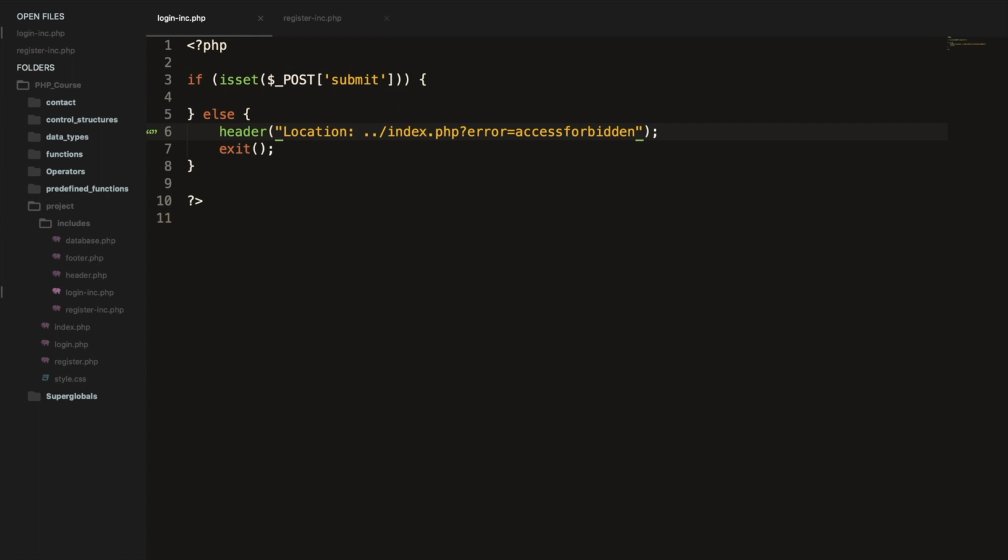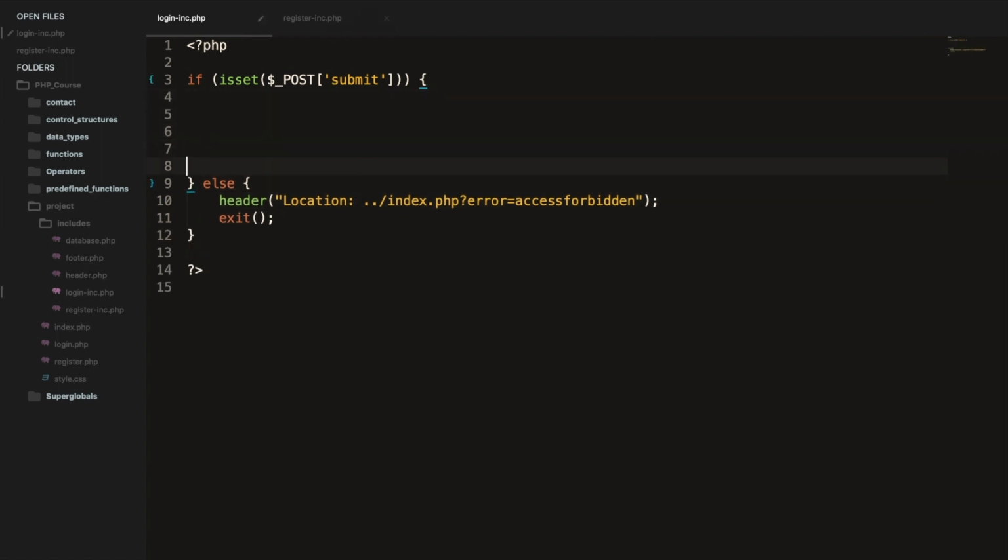Just like the register-inc, we need to create the connection to the database. So in our if statement, let's require in single quotes database.php semicolon. And what we want to do now is to grab the information from the input fields and save it